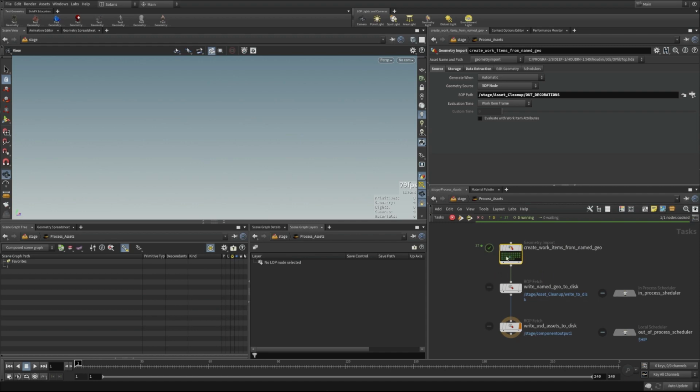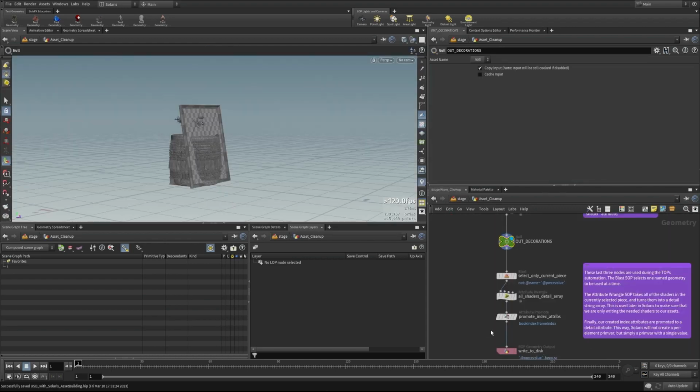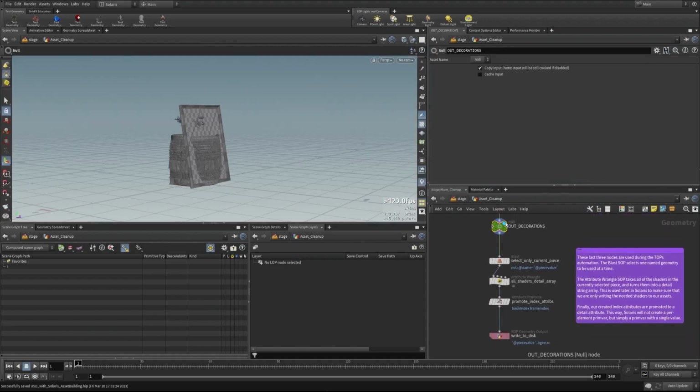So there's a bunch of different names in here, right? So these are all going to be our pieces that we're going to be iterating over in this top network. So next we're going to do a ROP fetch, and this is going to look at the write to disk ROP that's in that same network. So if we go back up and over, we can see that, so it's going to start from this point